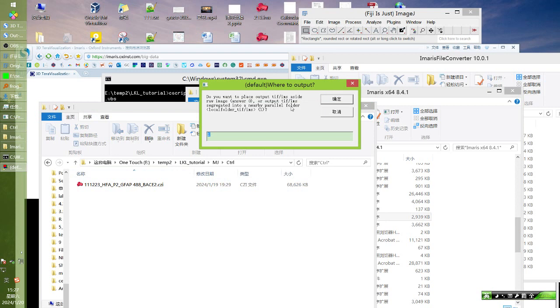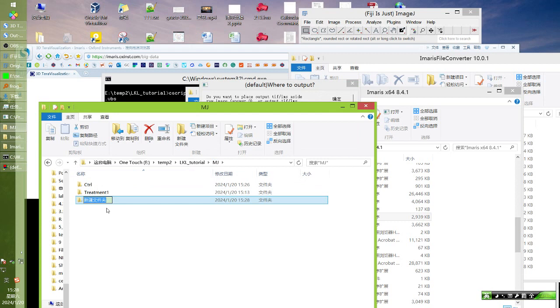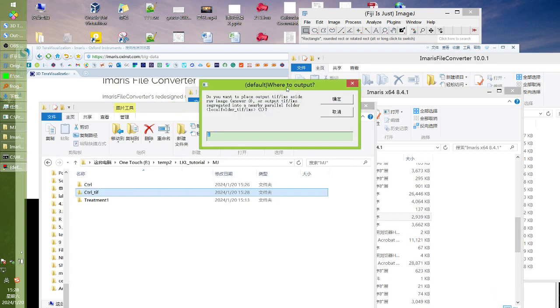A parallel folder means that after converting these files, the output will be in a folder with the same name, but with a tag like TIFF if you want to convert to TIFF images, or with the IMS tag if you want to convert to Imaris files.